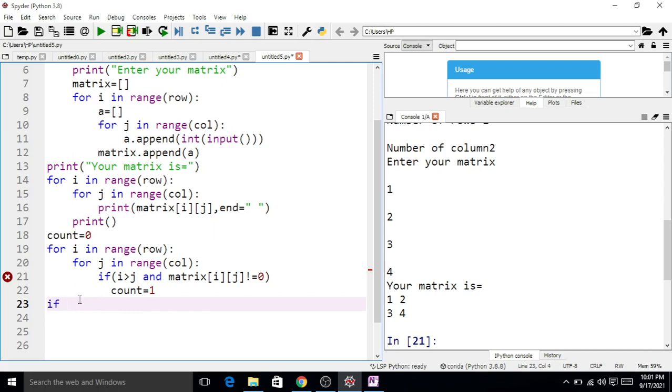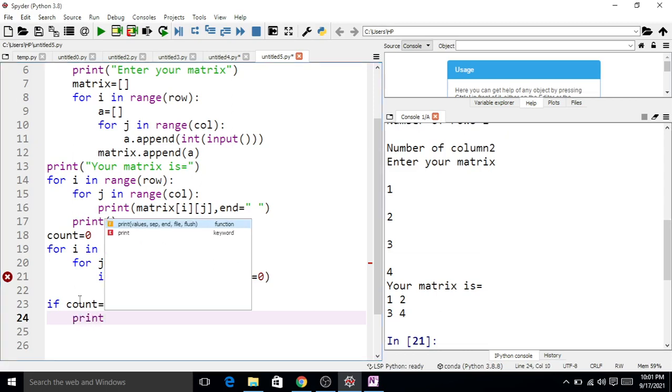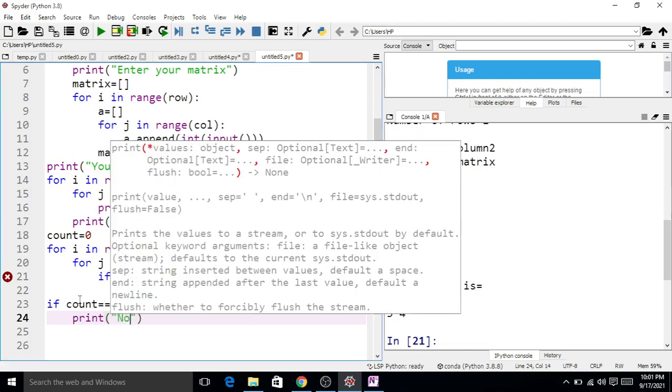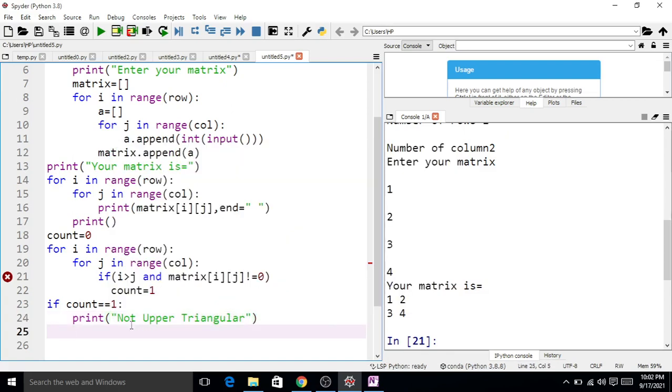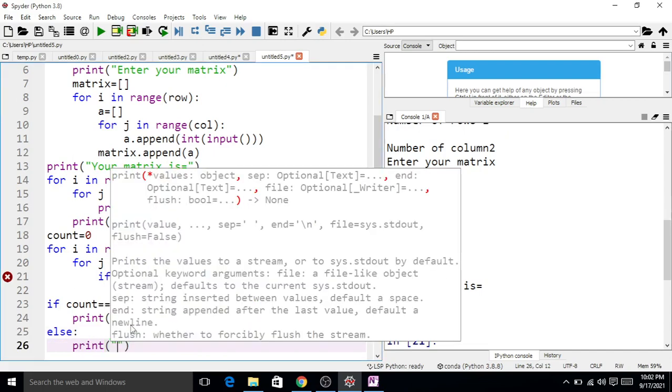So now finally we want to check the value of count. If count is equal to 1, then print matrix is not upper triangular, else print matrix is upper triangular.